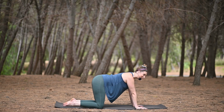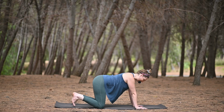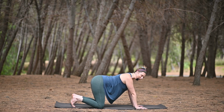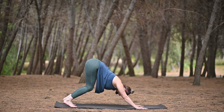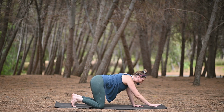All right, from here, we are going to make our way back to our downward facing dog that we worked on yesterday. So if you didn't feel too comfortable in your down dog, that's okay. That takes time, and you'll have plenty of time to practice. So whether that's keeping the knees bent a lot or keeping the knees down in puppy dog,